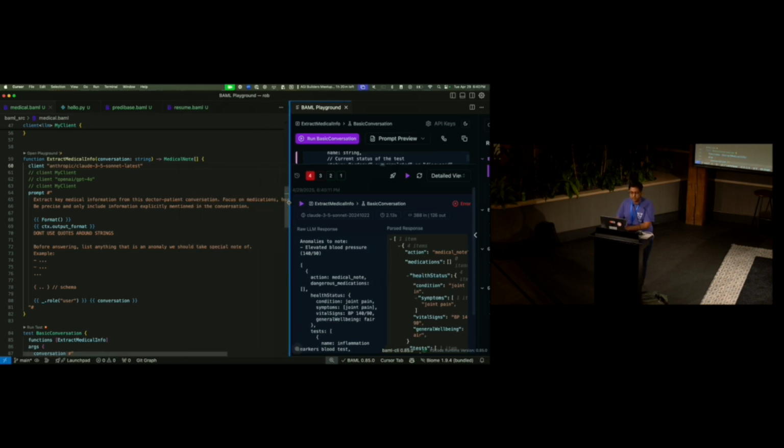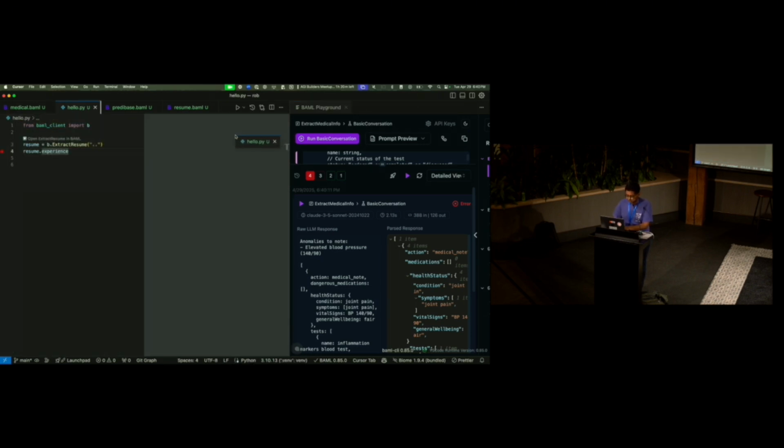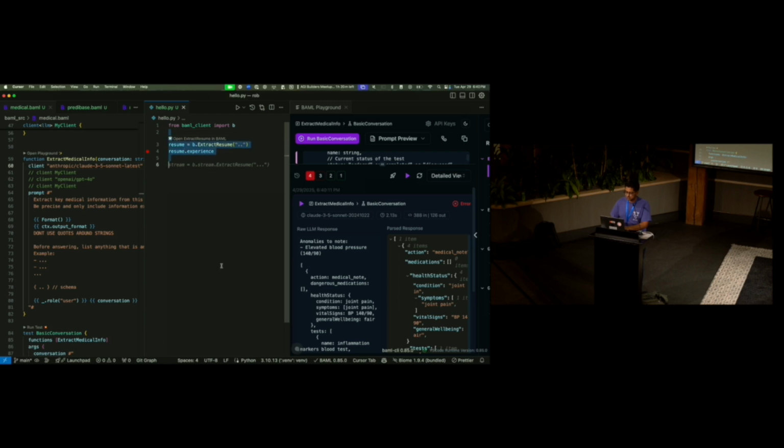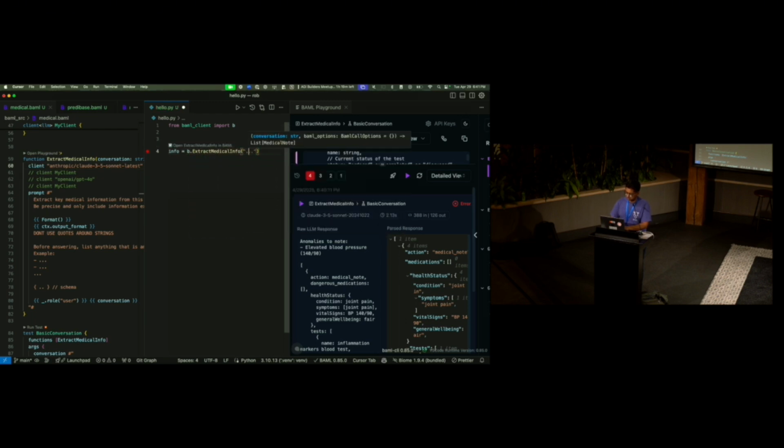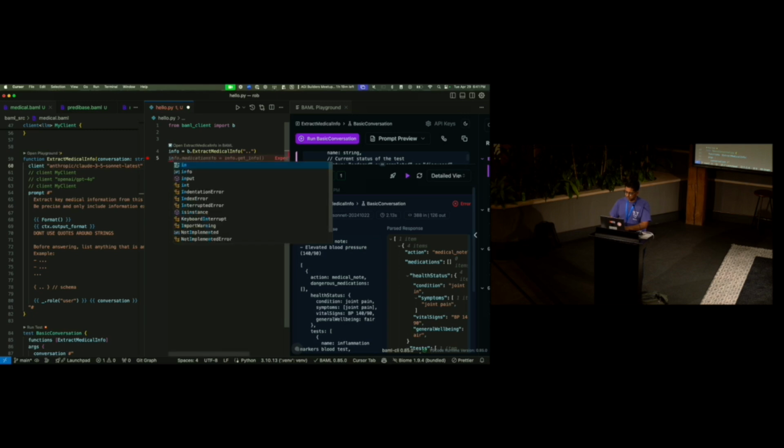And then at some point, you're like, OK, maybe I want to use this BAML function, extract medical info, in my Python code base or my TypeScript code base or my Go code base. And this is exactly why we made BAML interoperable with every existing language, not just Python. The way it works is you just write this: resume, I guess, info equals b dot. And you see it auto-completing for me in Python. And if I do info.medications,